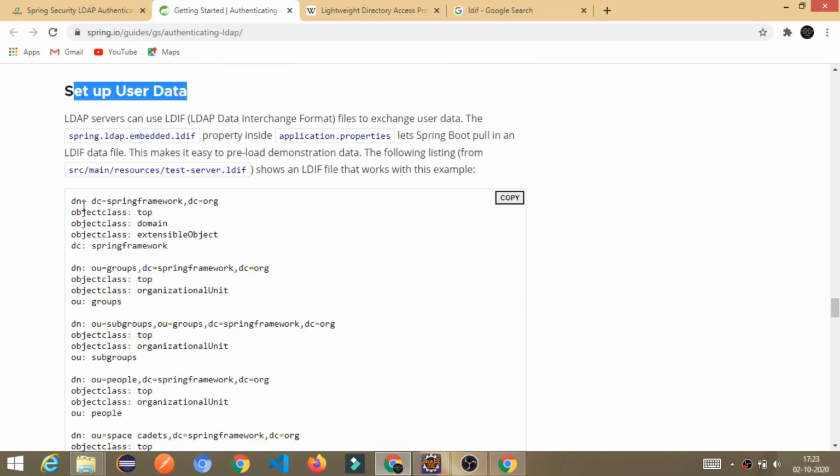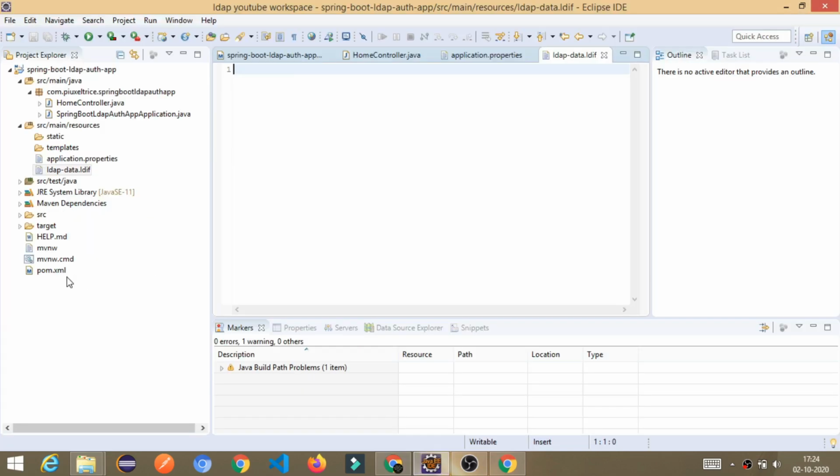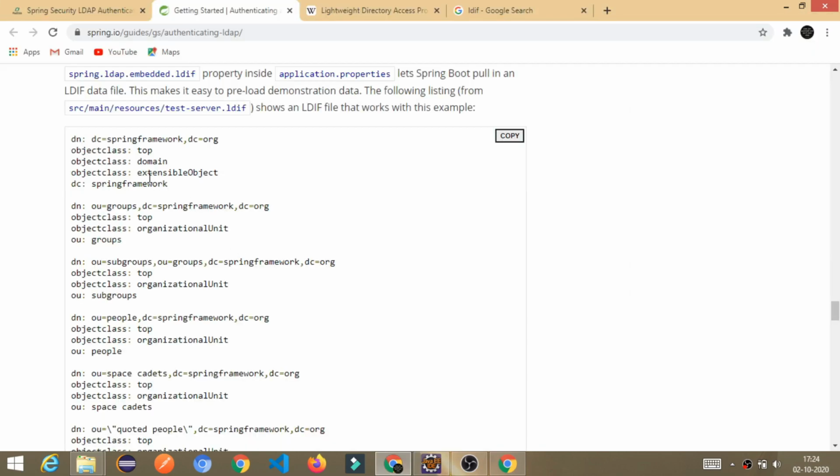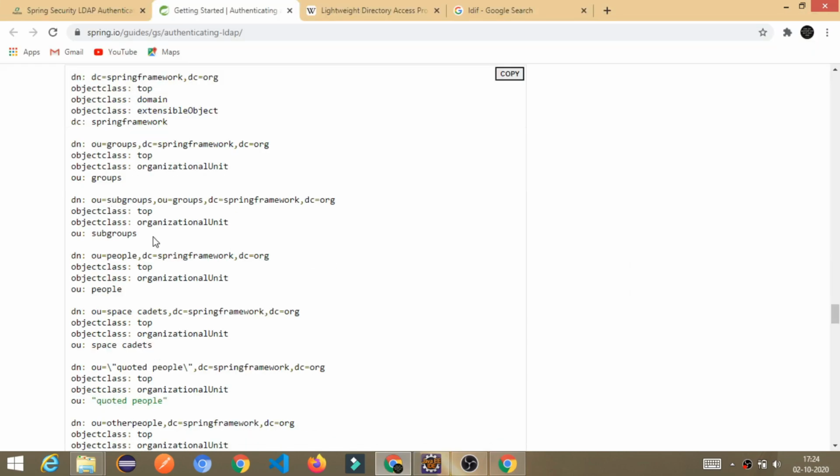So currently, what has happened when we added the embedded LDAP server dependency in our pom.xml? When we run the application, that LDAP server will also run on our local system. But still the LDAP server does not have any user details or data. So how will it validate or authenticate whether the users pass some credentials from the login form? We must have some data, right? So that sample data I'm going to store in that file.